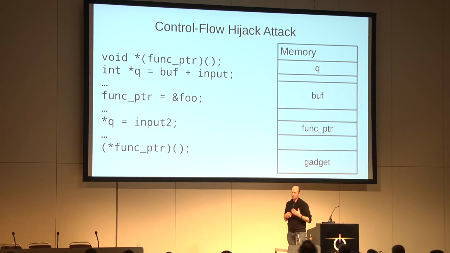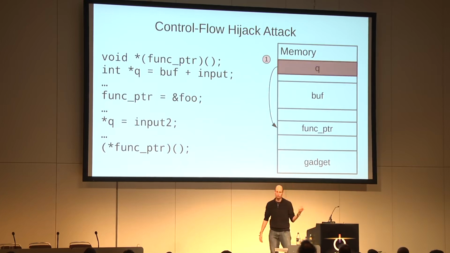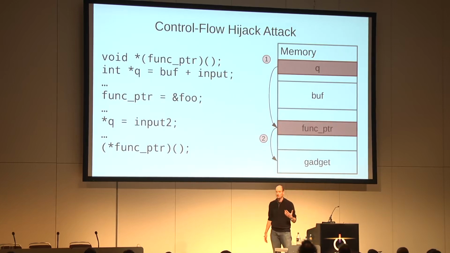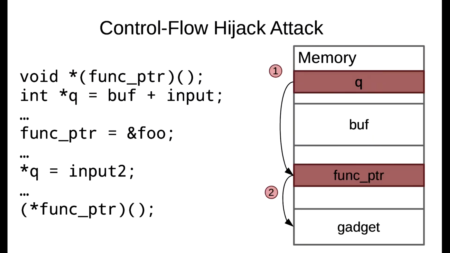After that happened, the function pointer is assigned to the function foo, but later on, the attacker-controlled pointer Q is assigned a value. Initially, the programmer intended Q to point into the buffer, but the attacker can overwrite or control Q to point to some function pointer later on somewhere in memory. As a second step, the attacker can write to that function pointer, and instead of pointing to the valid function that we want to execute, the function pointer now points to an attacker-controlled gadget, and this allows a control flow hijack attack